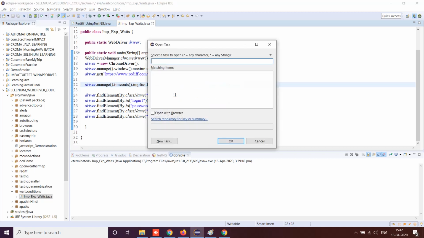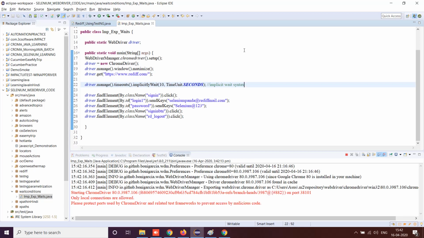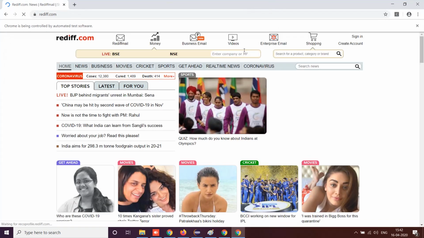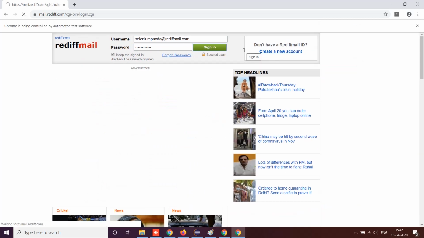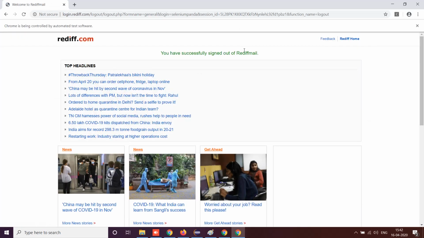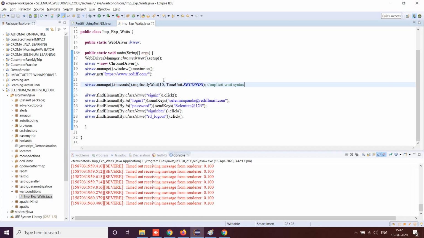Now, why did I tell you at the beginning of the video that I am not really a fan of implicit waits? Because I somehow believe it isn't as powerful as explicit waits, and it probably acts upon the whole code, on all the elements that we are trying to identify using Selenium. So why will Selenium wait for the maximum amount of time allotted, when I'm just worried about 4 or 5 web elements which are not working fine? See, this worked fine, so implicit wait is working fine.